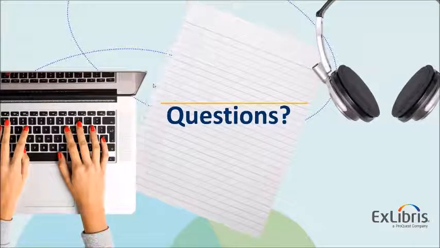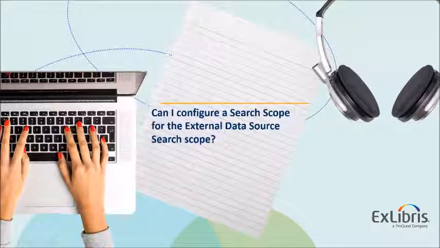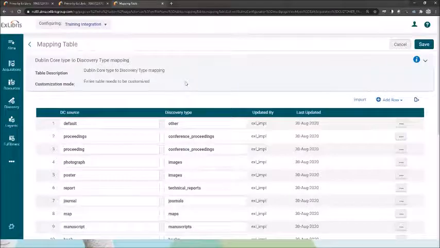Okay. I had a few questions that I pre-added to this session. The first one is regarding search scopes. Is there a way to configure any search scopes for the external data sources? And of course, the answer is yes. Out of the box, once you load records to the system, they become part of the library catalog search scope or search profile. So they're already embedded in there. But if for some reason you want to distinguish them